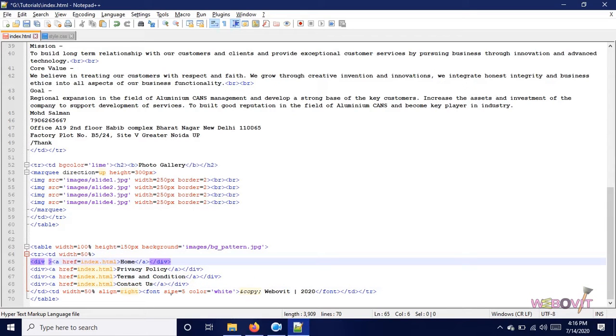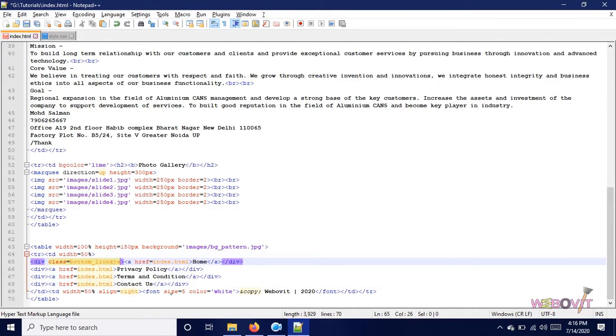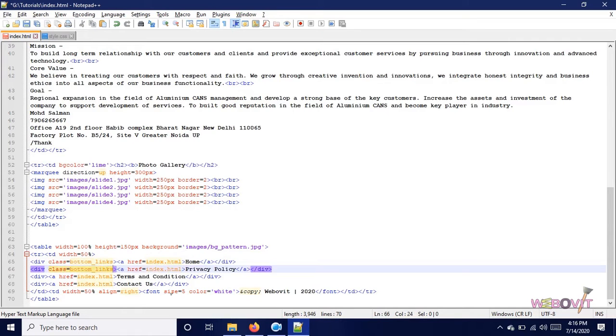Now we will give the name of this class as bottom link. You could name the class whatever you want, but there are some rules also. There should not be any space. If you use a space, you could have unwanted results. So for that purpose, either use underscore or dash as the separator between two words. Alright, so I will put all these bottom links in one single class, because all these links are going to perform in one single simple way.